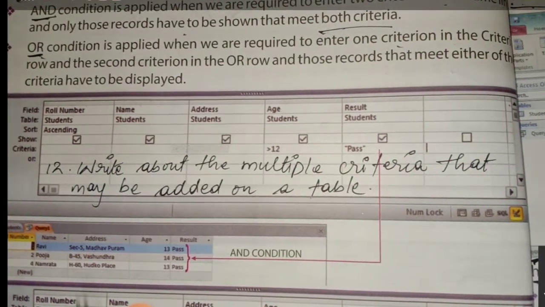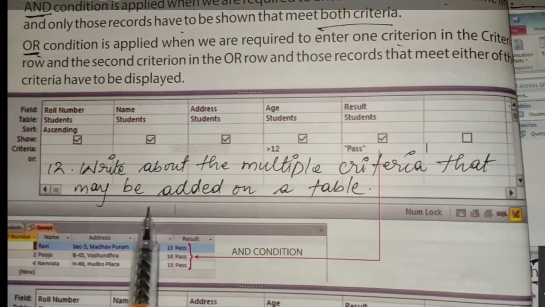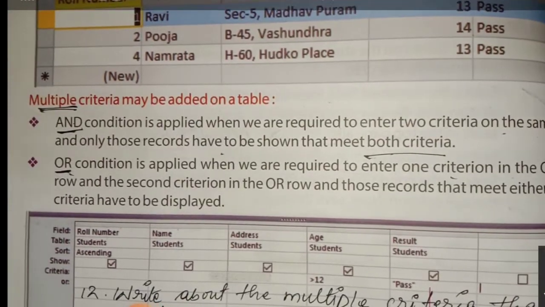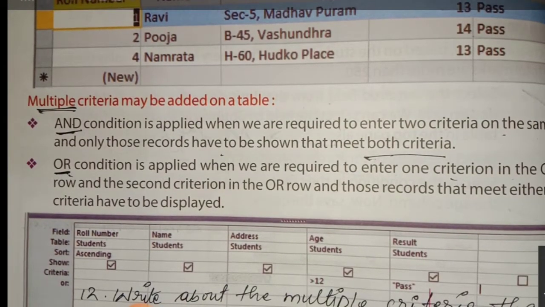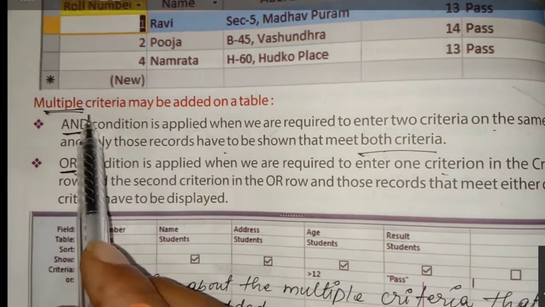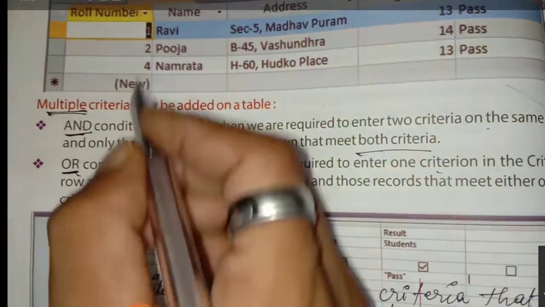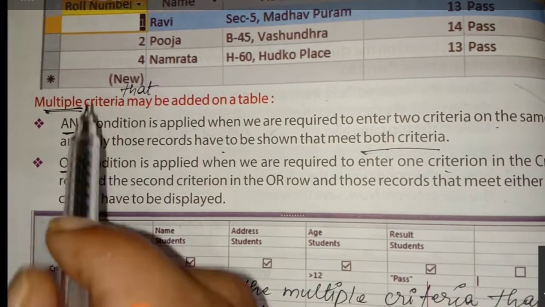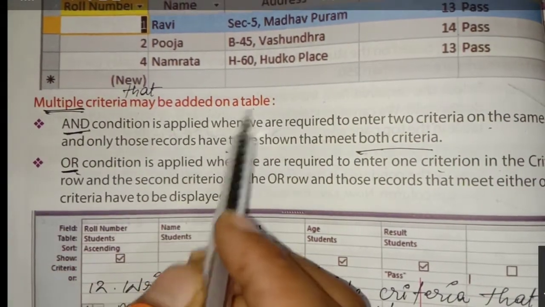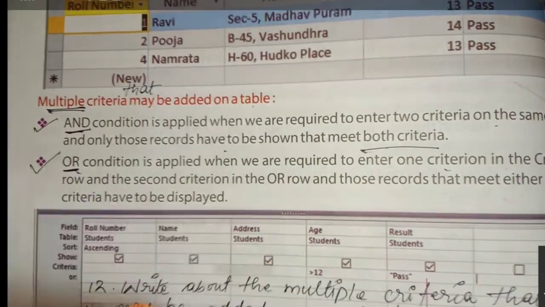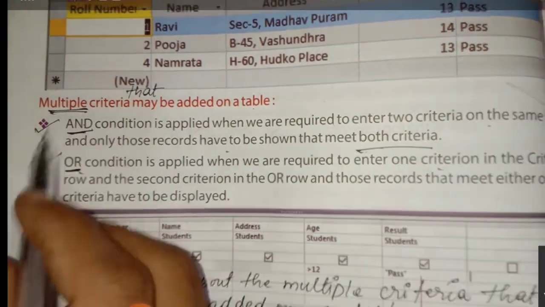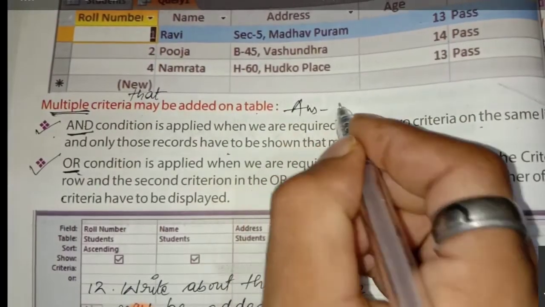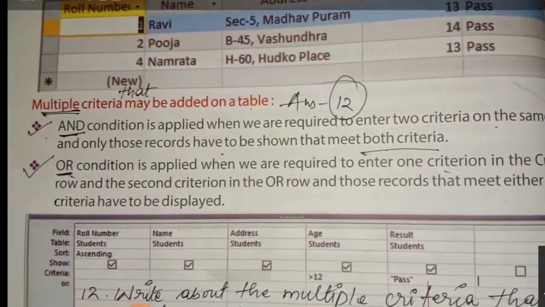Question number 12. Write about the multiple criteria that may be added on a table. So the answer is on page number 16. Multiple criteria that may be added on a table: first and second, or. In the answer, you will add that. First and second, or. This is your answer 12. Correct?